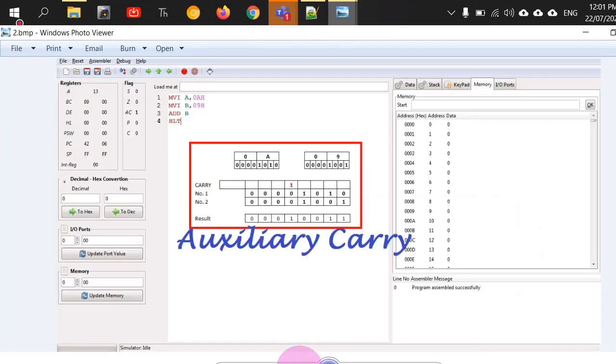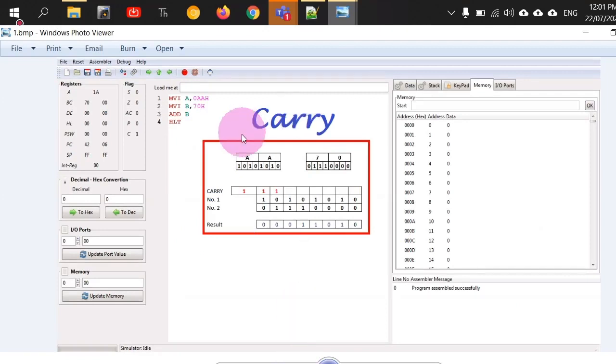Now here, let's begin from the very beginning. We have understood the carry flag, and you could also try the same program for subtraction. You will see that the carry flag will act as the borrow flag. You take numbers such that the number which is being subtracted has a higher value. In that case, some borrow will be taken, and you can see that the carry flag will be set there.